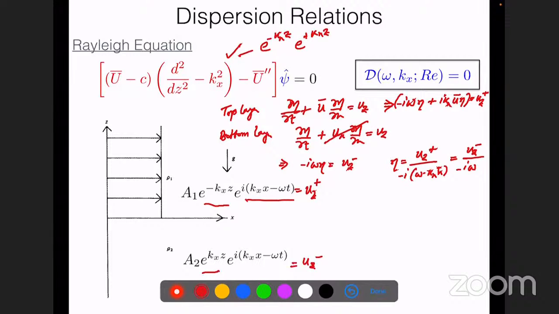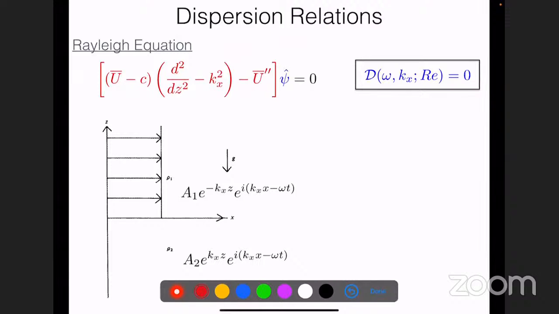And I know that eta evaluated from either the top or the bottom should be equal to each other. There should be no discrepancy whatsoever. Then that would actually give me